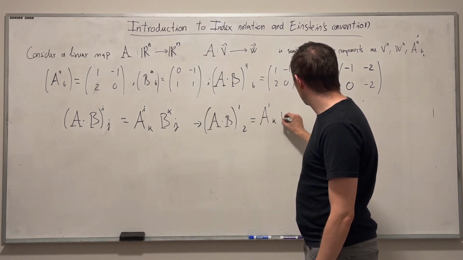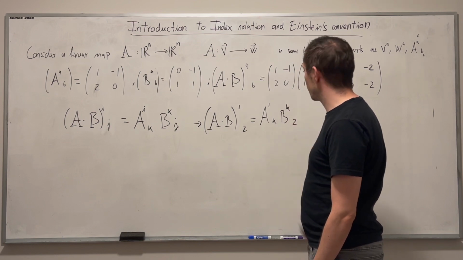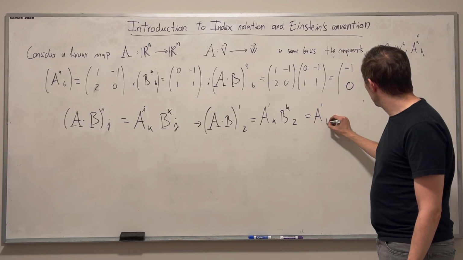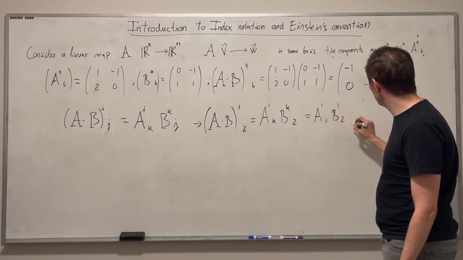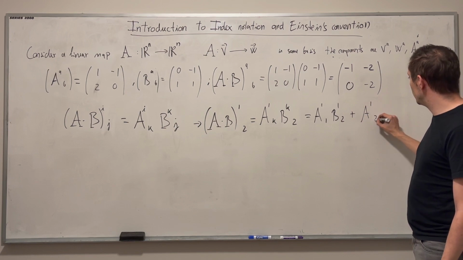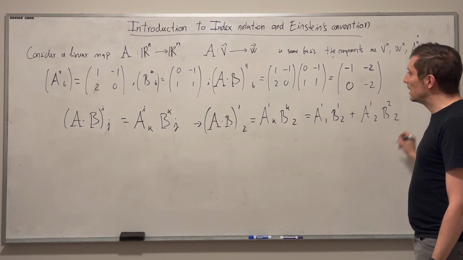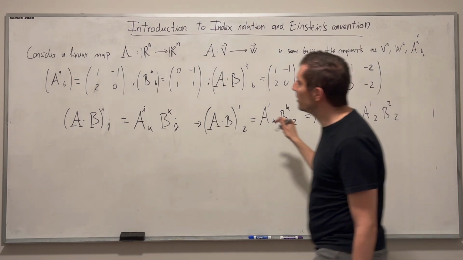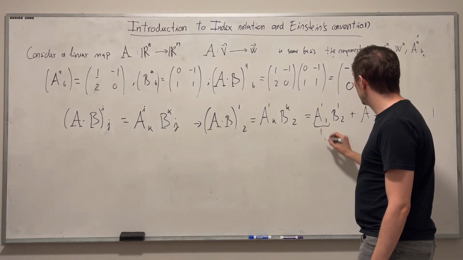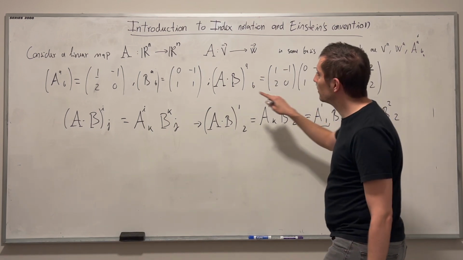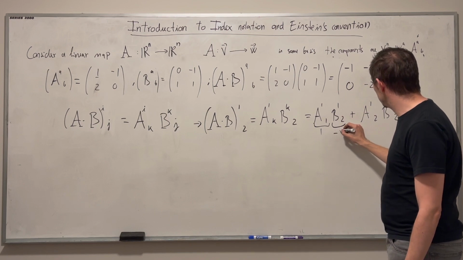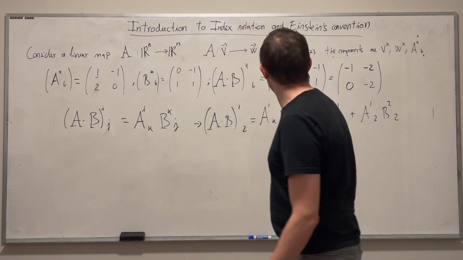So that would be A1K, BK2. And this is an Einstein sum, so that means A11 B12 plus A12 B22. Let's substitute the entries. We want A11. A11 is this guy here, so this is a 1. B12 is this minus 1 here, so this is times minus 1. Okay? And then I get